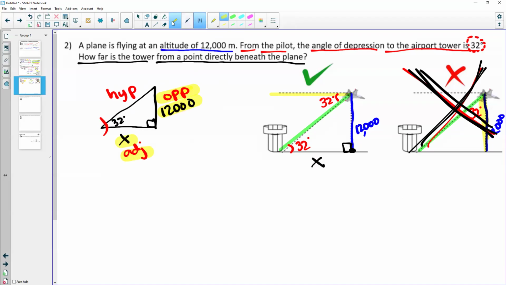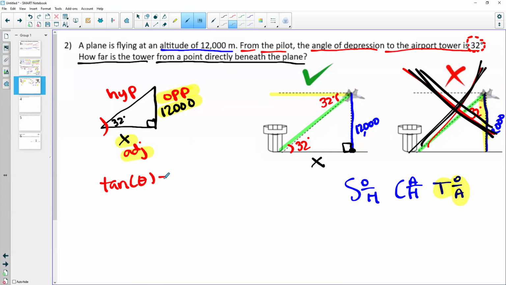adjacent. When deciding which trig ratio we're going to use, remember we're looking at SOHCAHTOA. If we're working with opposite and adjacent, I see opposite and adjacent right here. We're working with tangent. So let's set up our equation. Tangent of theta is equal to opposite over adjacent. What we're going to do now is plug our values in. Theta is the angle, and the angle that we're working with is 32. That's equal to opposite, which is 12,000